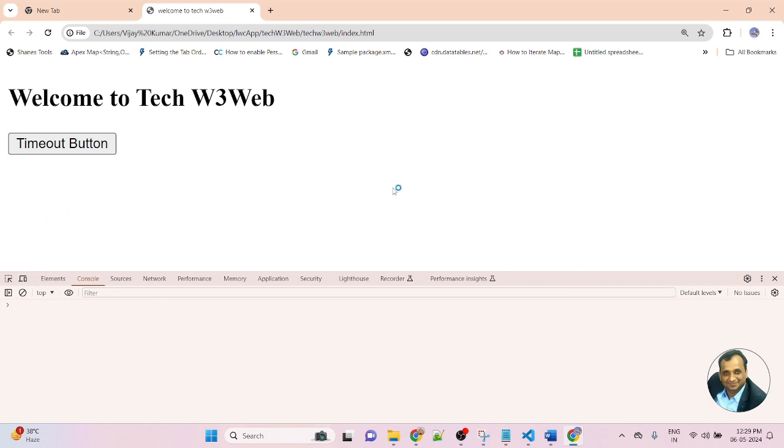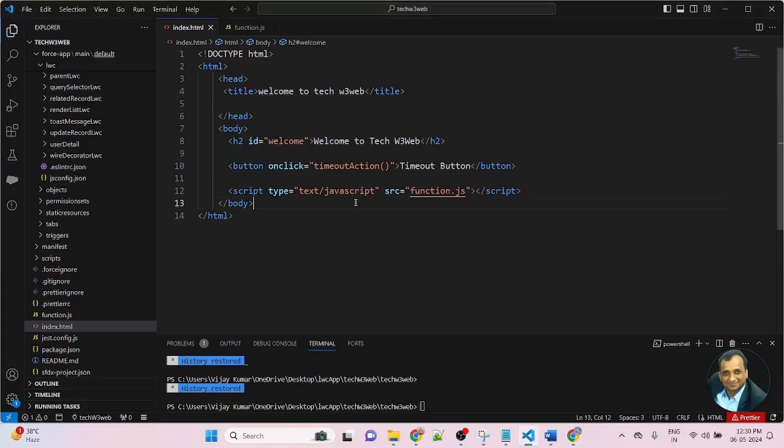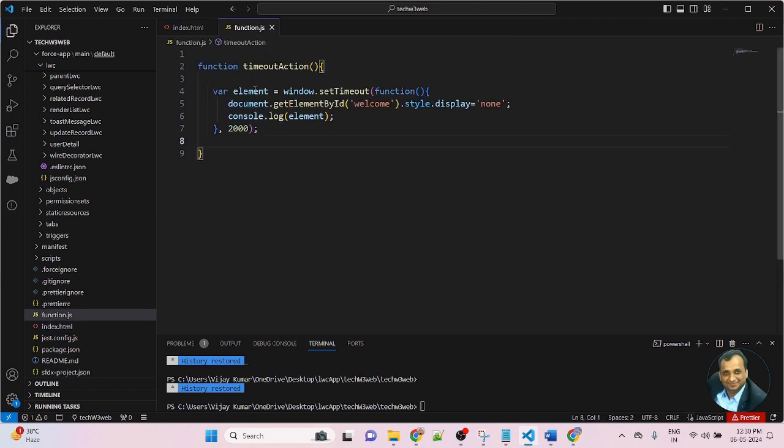Now I created a function, and this function calls a method. This method, timeoutAction, I created in the function JavaScript file, and here I mentioned 2000 milliseconds. So whenever I click on this button, after 2000 milliseconds this title will be automatically hidden.